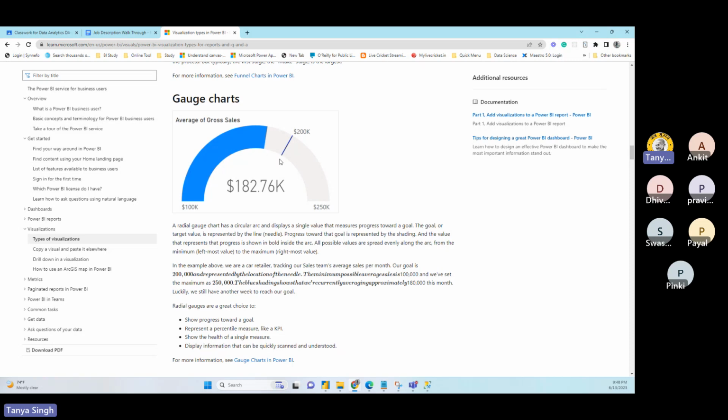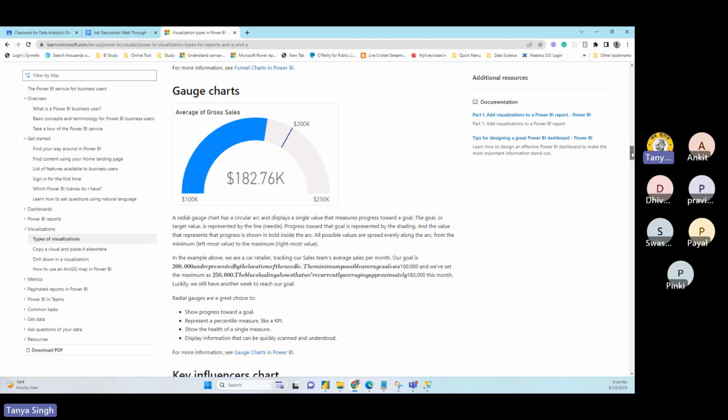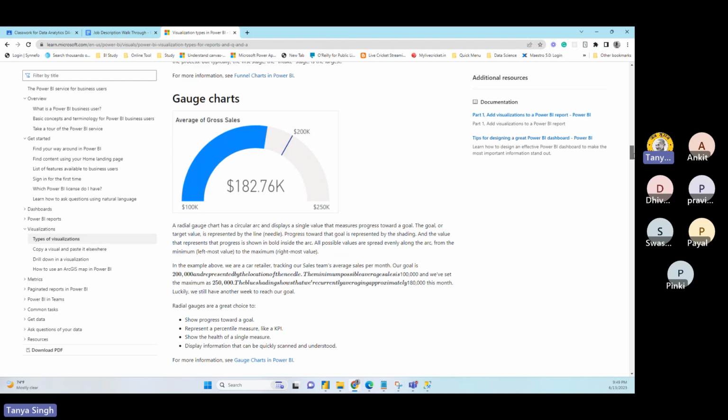And it may change the color also. If it is before 200K, then it's blue. Once it has crossed the 200K, then it will become green. So those kinds of cosmetic color play, you can do that. And Edit will support that, to play around with rule-based color, right? So you're not going to do it manually. You can build your rule: whenever the target is met or exceeded, green. If the target is not met or exceeded, then yellow. So automatically based on your rule, your report will change the color, right?